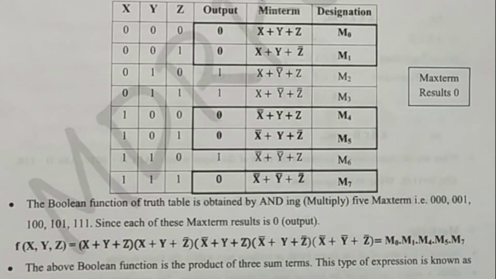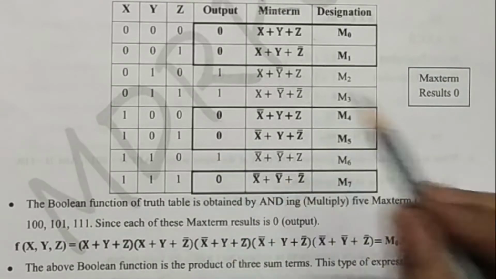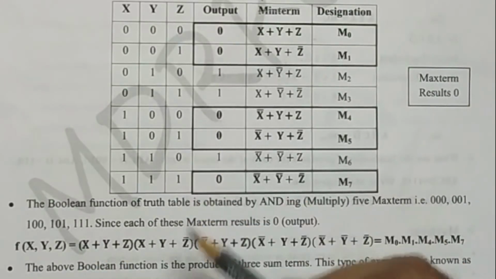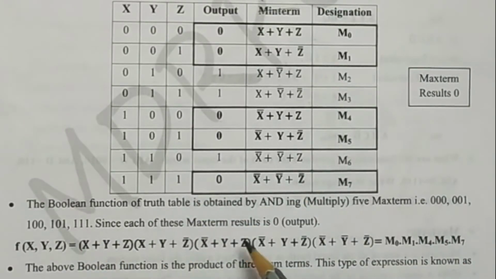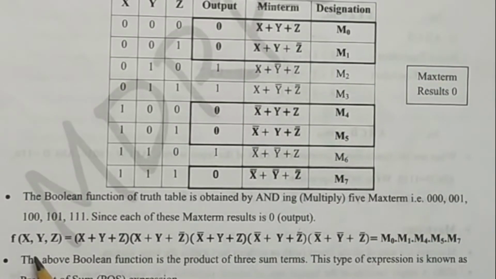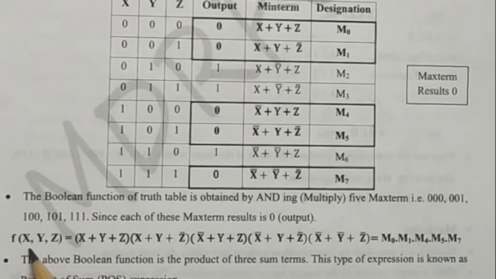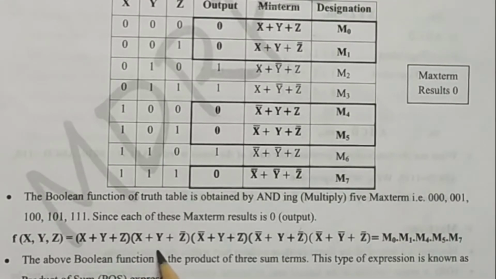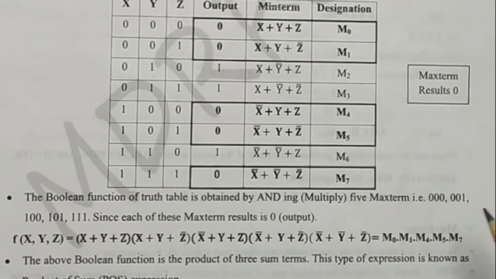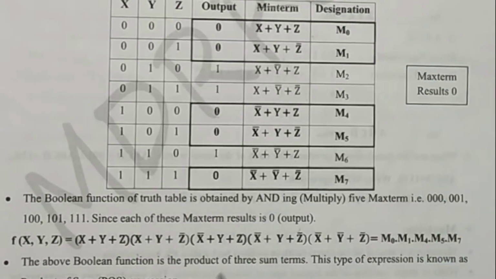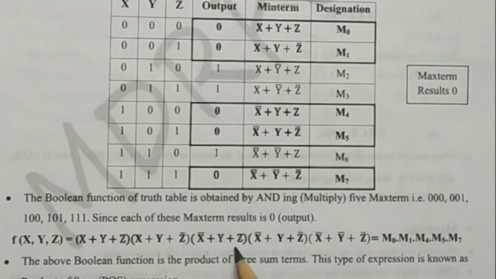And here you can see 0, 0, 0, 0, 0, 1, 1, 0, 0, 1, 0, 1, 1, 1, 1. These are the 5 terms. So since each of these max term results is 0, we can represent it as f of x, y, z equal to (x plus y plus z) into (x plus y plus z bar), that is 0, 0, 0 and 0, 0, 1, into (x plus y bar plus z)... that is (x bar plus y plus z),